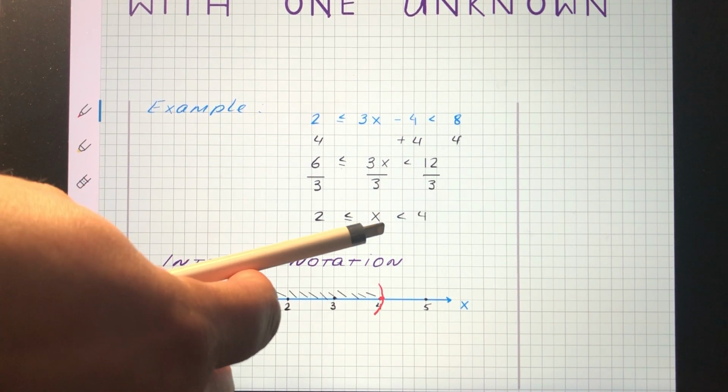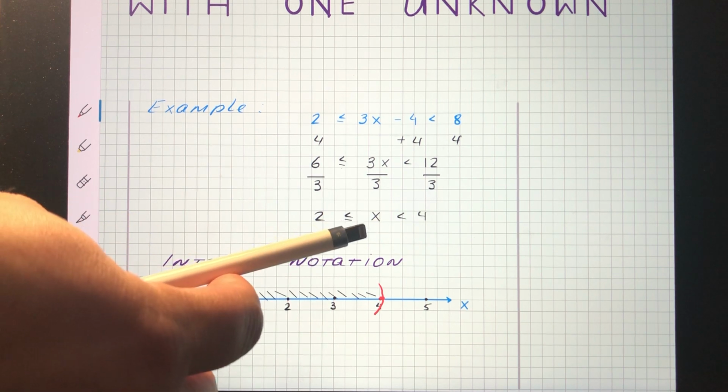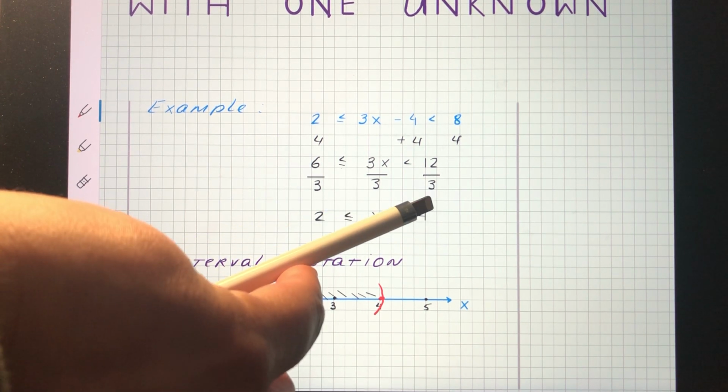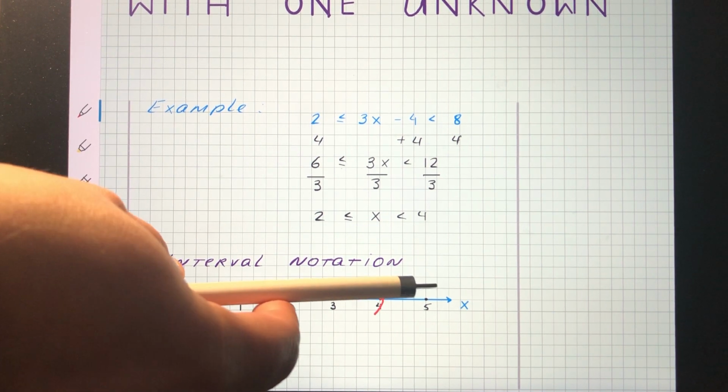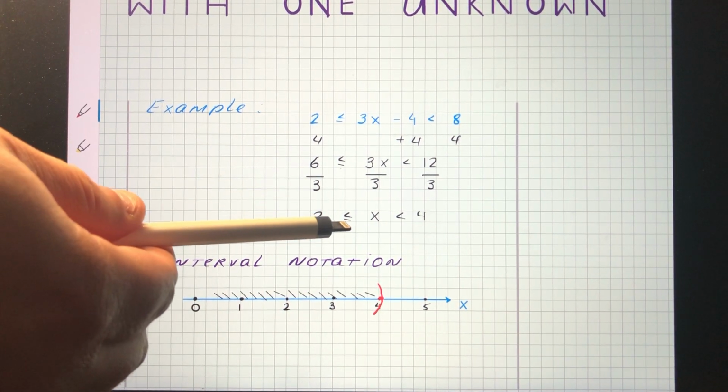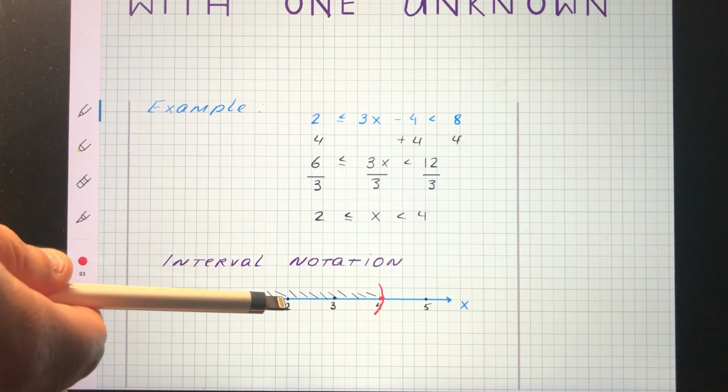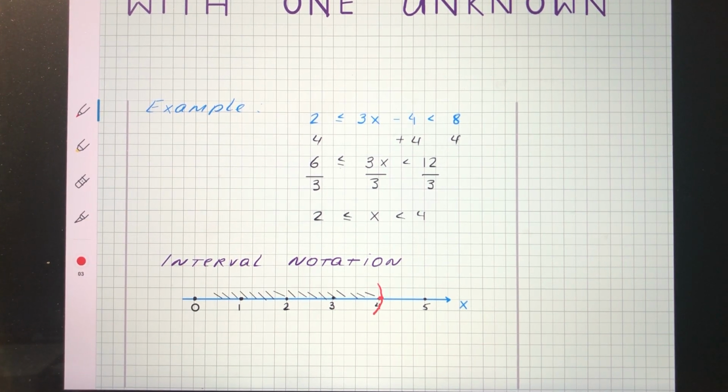Next side is this side. Reading from the x, it says x is greater or equal to 2. So here is a 2. Greater or equal to is everything to the right. And because we do have an equal sign, the 2 will get a bracket as opposed to parenthesis. So bracket on the 2, and everything to the right of the 2 will satisfy our inequality 2 less than